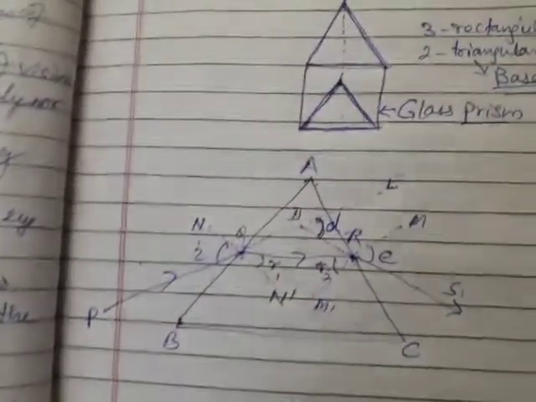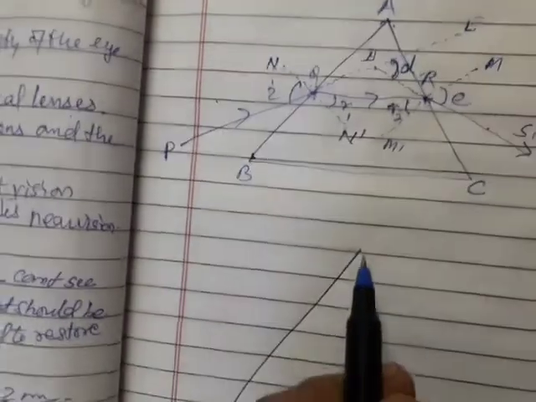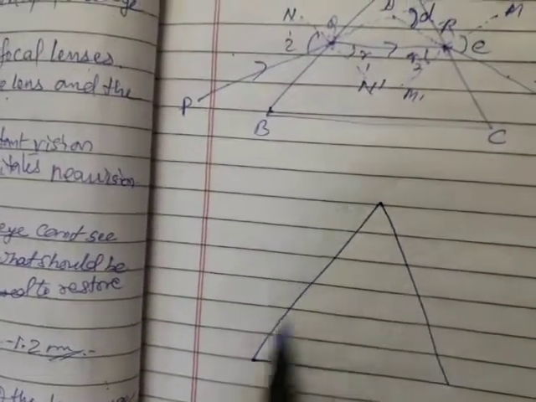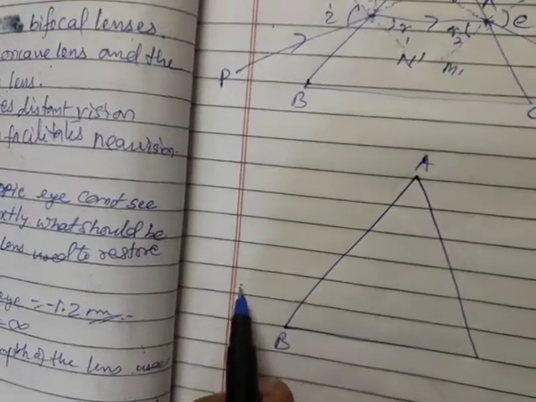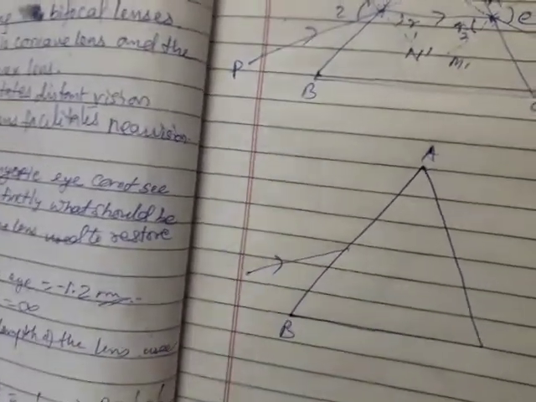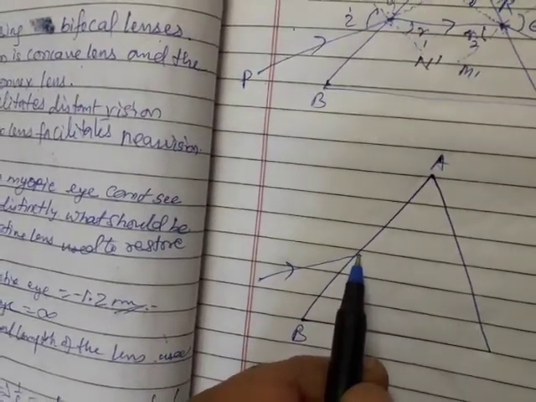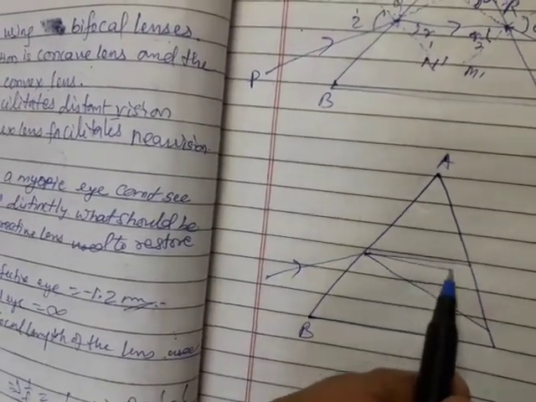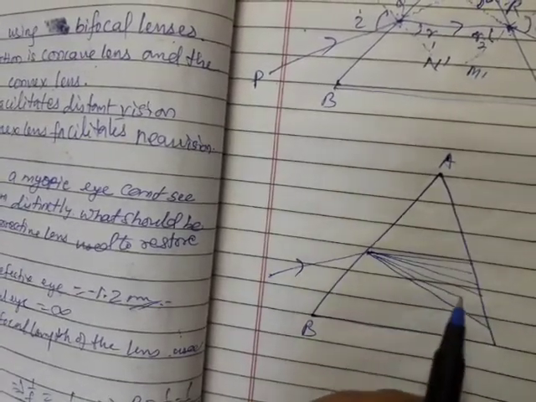Okay. Now next, what will happen if a single ray of light is allowed to pass through the prism? This is a glass prism, its face is AB. Here a single ray of light is allowed to pass through it. Then it is observed that this ray of light refracts as well as disperses into 7 different colors, splits into 7 colors. So this phenomenon is called